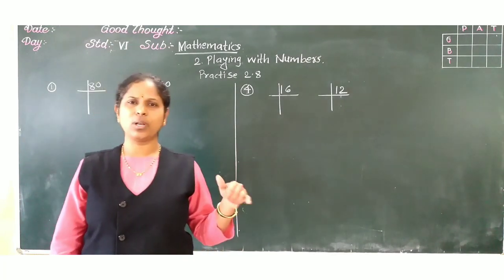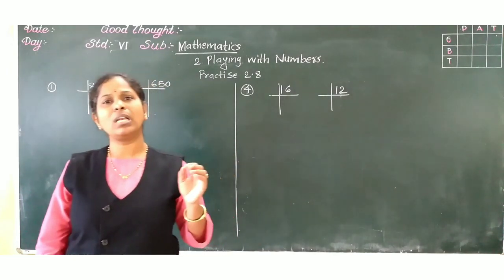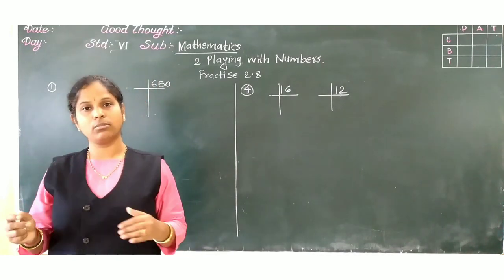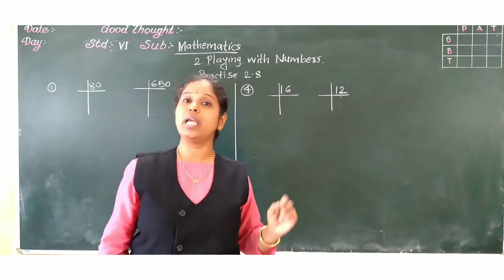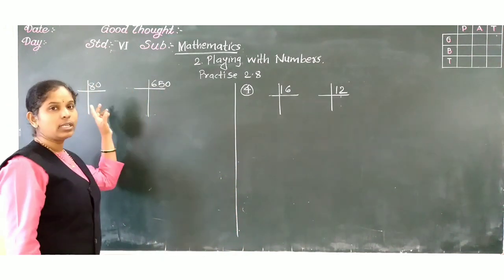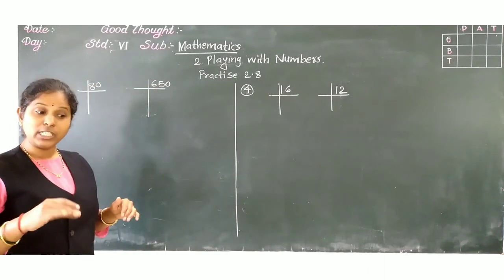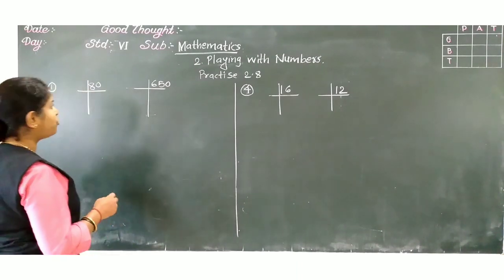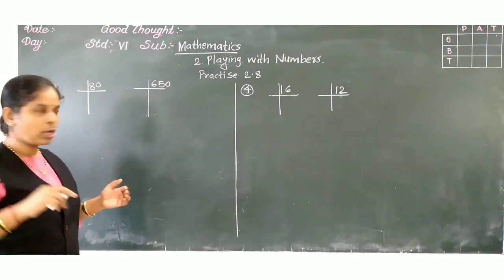And if words like smallest, nearest, shortest, or least are there, and we have to find out the minimum possible, then we have to find out the LCM, that is least common multiple. Now here two tankers are there. In one tanker 80 liters, in the other tanker 650 liters. We have to find the maximum capacity for both together. Maximum means HCF, highest common factor.